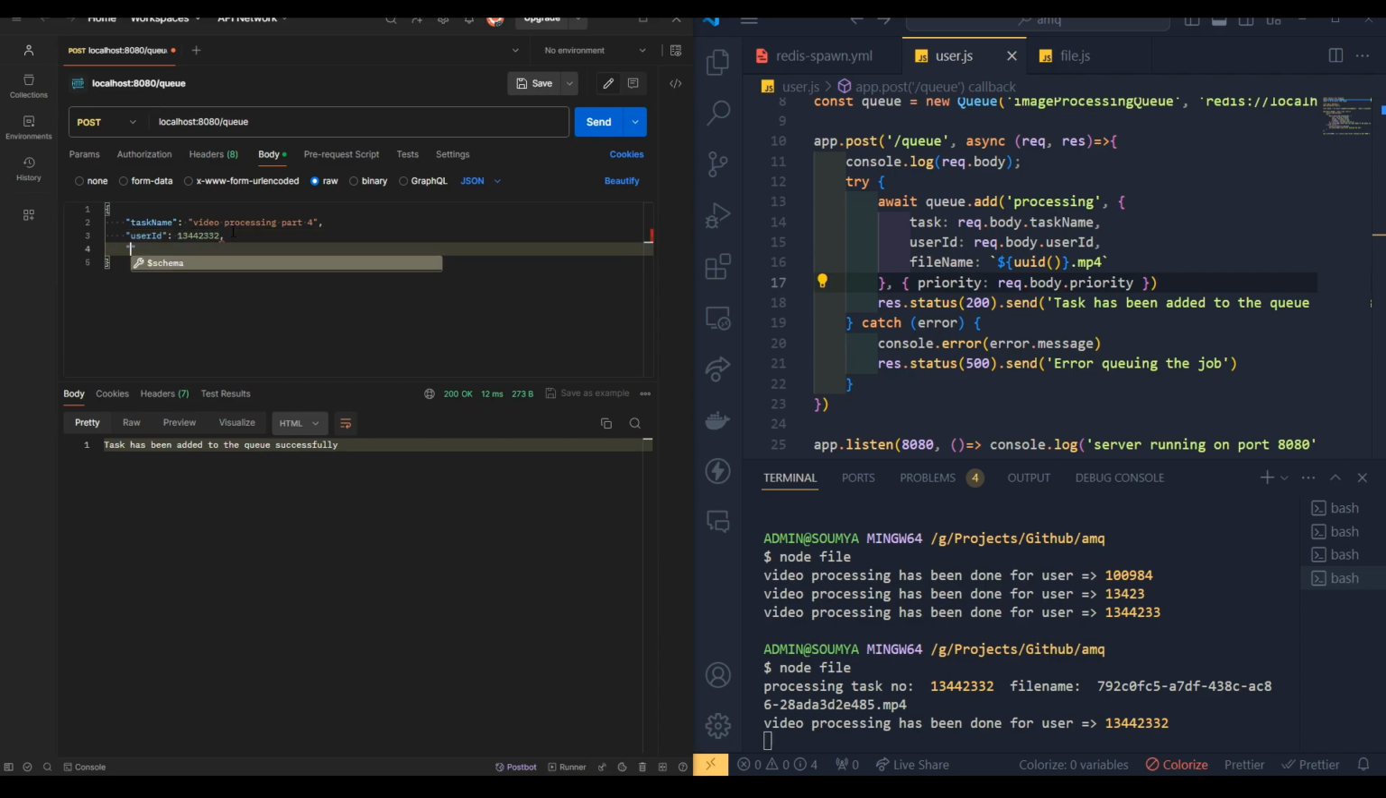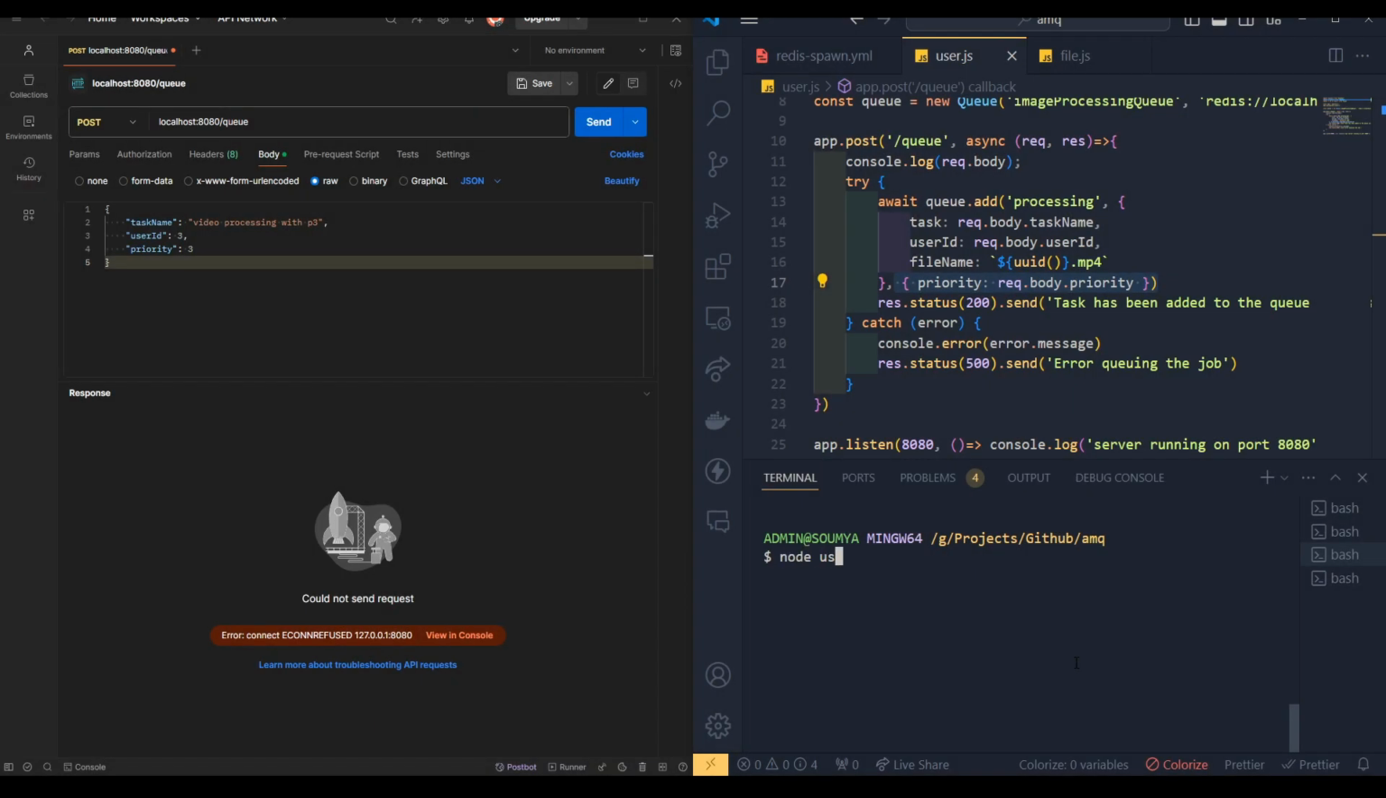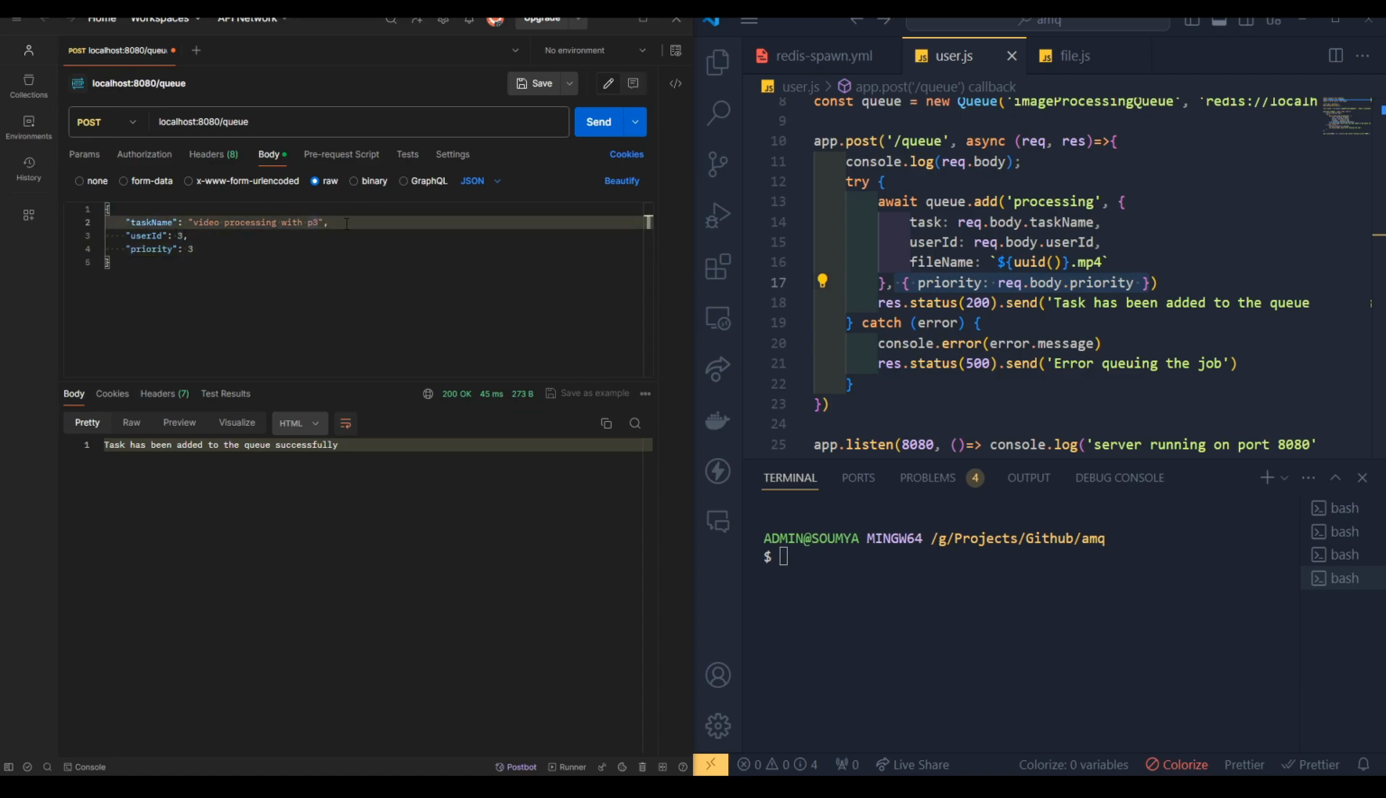Let's say priority, let's say we are sending it to. I have closed this file processing unit. Let's start this server, node user. Now this will take effect. Now let's come to the file server and let's add priority number 3 first. Priority number maybe 7, then 1, then suddenly 10,